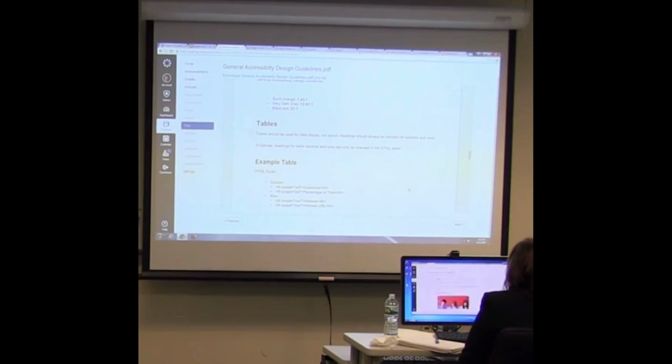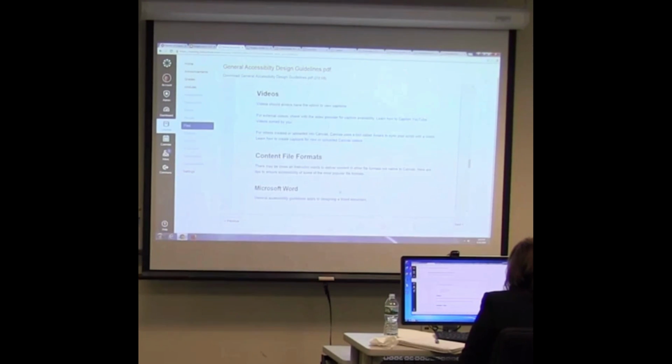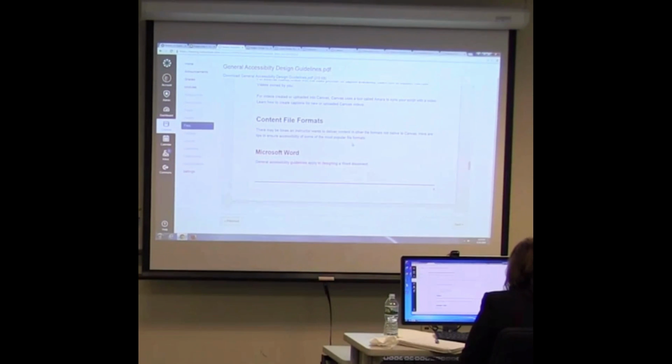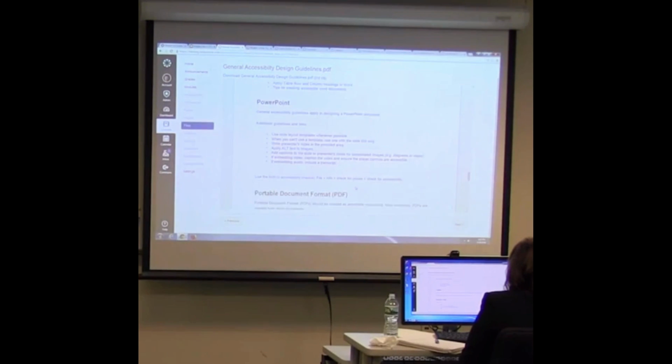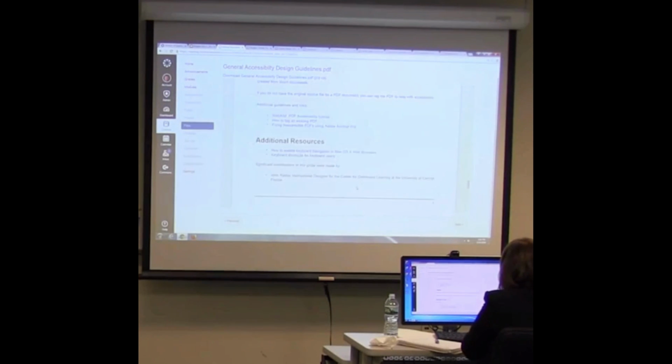Here's where it goes to tables. So in here it says tables should only be used for data display, not layout, and headings should always be included for columns and rows. File formats, it gives you tips to make sure that they work well for students. PowerPoint, PDFs, again, I'll share this with anyone who signed up for it. And there's additional